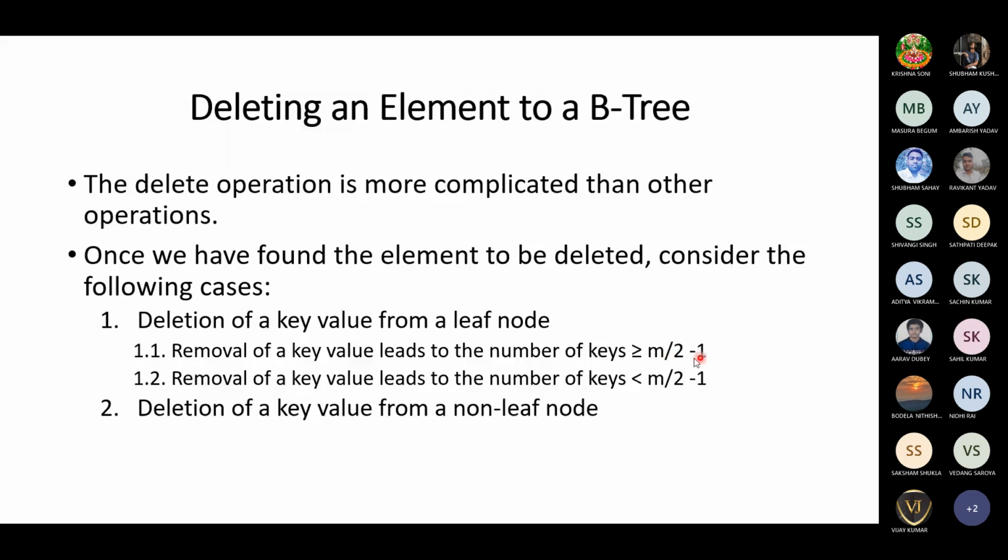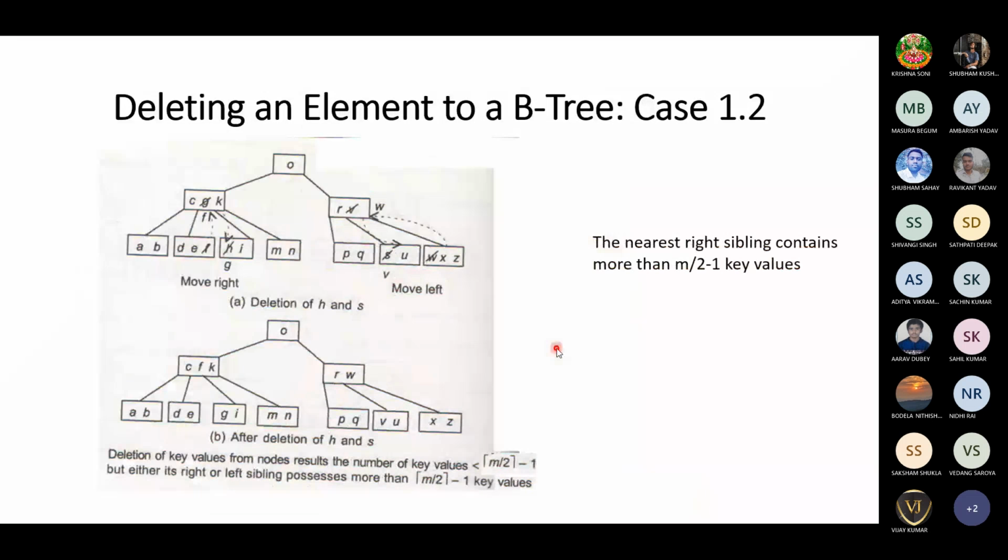If this is the case, then we removed H, deletion of H, but I will be left alone. In that case, you consider the nearest left sibling, the rightmost node. You will push that value to the parent. The appropriate parent will be moved to the child node. We call that a right rotation in order to bring some balance. Each child should contain only the minimum number of order of elements.